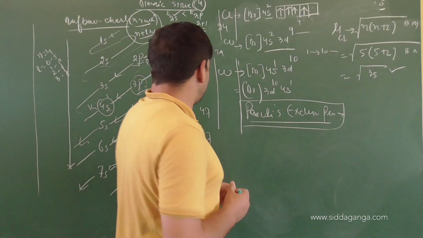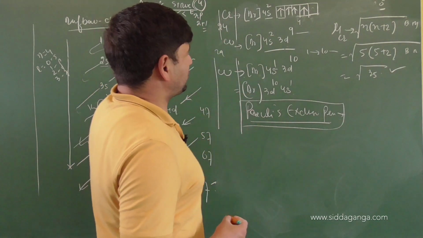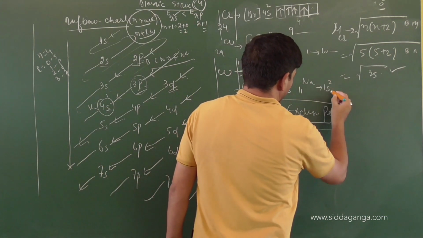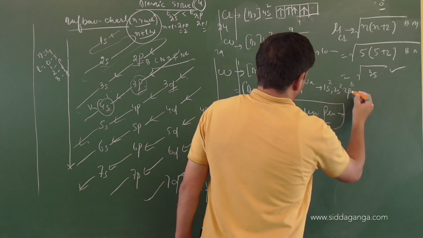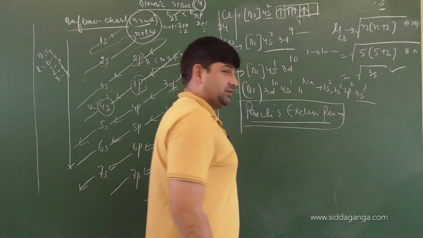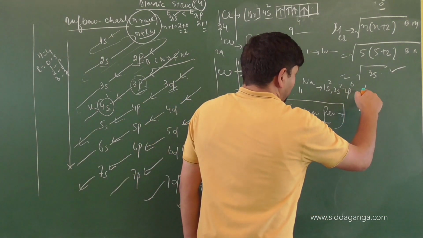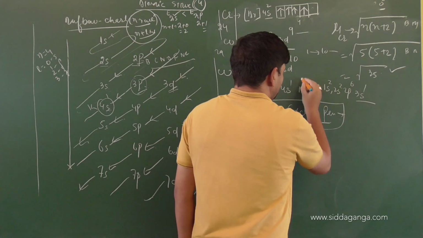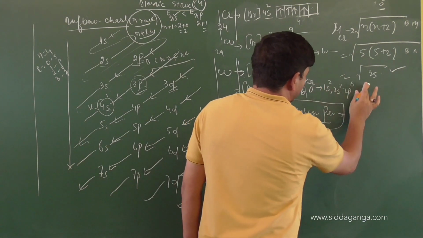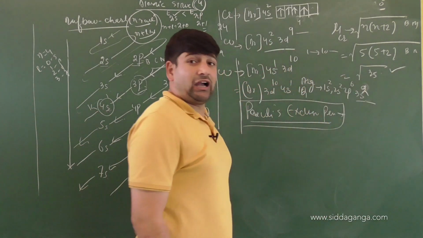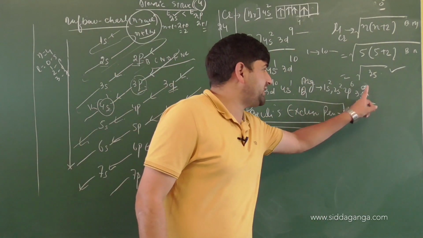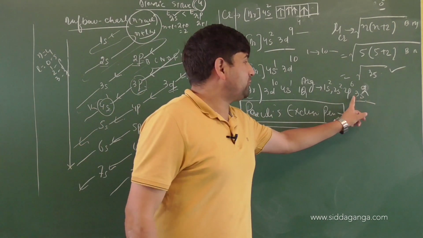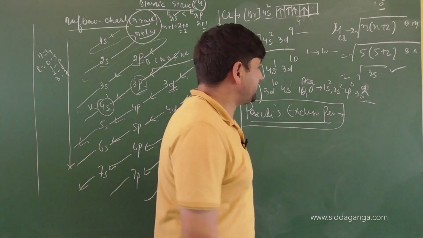Let me give one example here, children, as I have written a while earlier. Tell me the electronic configuration of sodium, Na 11: 1s2, 2s2, 2p6 and 3s1. It's one electron, so I will make it magnesium. Atomic number is 12 and I'll write 3s2 here. I want to write the set of quantum numbers for this 3s2. s can accommodate 2 electrons, and there are 2 electrons. So I want to write the set of quantum numbers for these 2 electrons present in 3s.